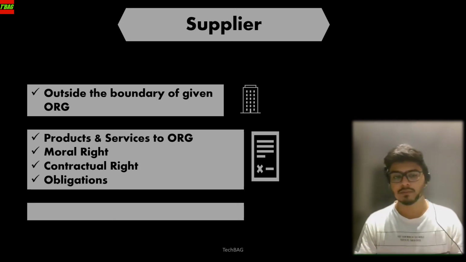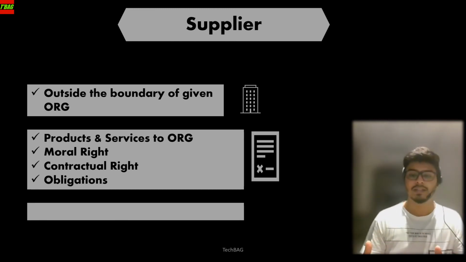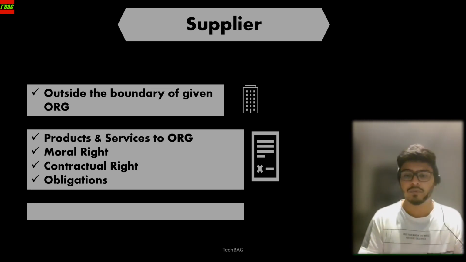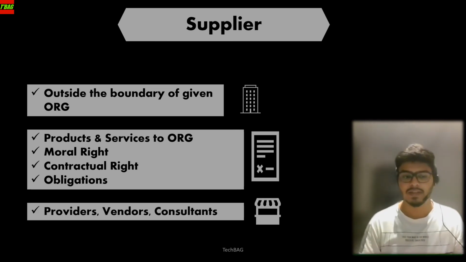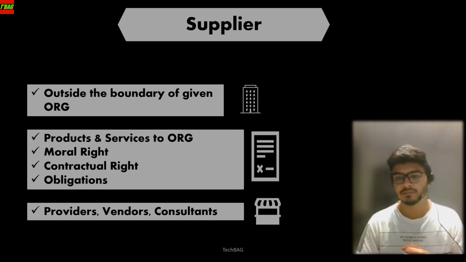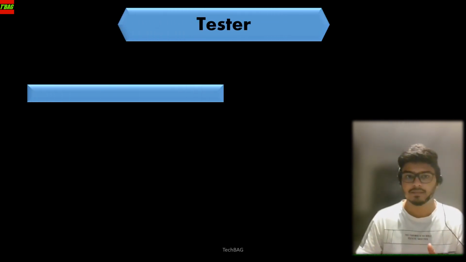What does the BA do here? To have all the things checked, find out the best supplier, the one giving the product and the services within the budget we are looking at, and the quality and the kind of support we are getting from the supplier is the most important thing. Some of the suppliers would be mentioned as providers, vendors and consultants, which come under supplier stakeholders. The next one, the last category of stakeholder, is the tester, or